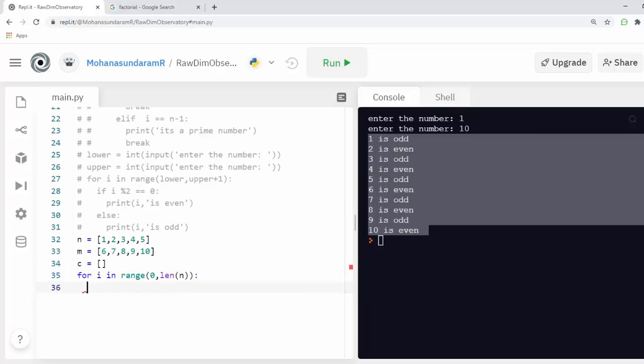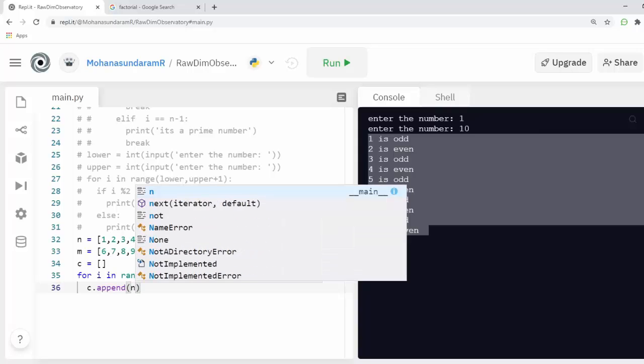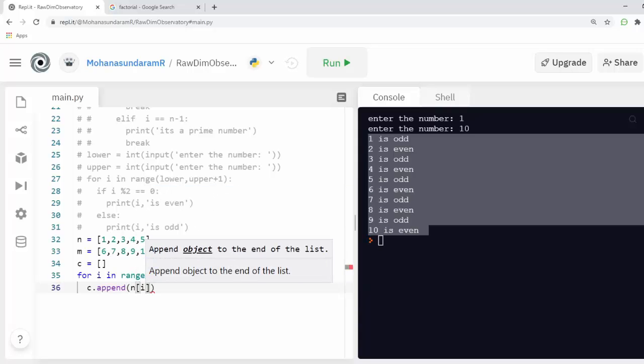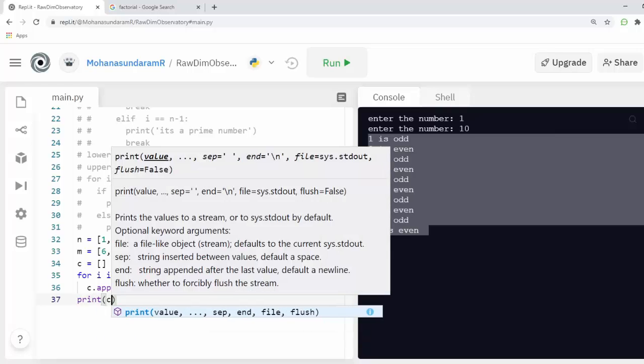And I'm going to do c dot append n of i plus m of i, like this, and finally I'm printing my C.